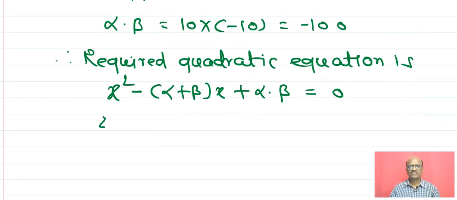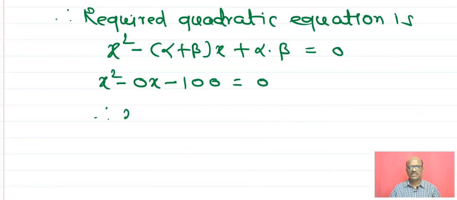That is x square minus 0 into x minus 100 equals to 0. And that's why x square minus 100 equals to 0